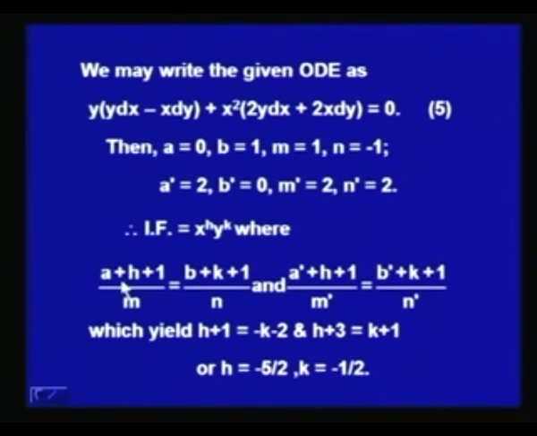h and k satisfy the two equations (a plus h plus 1) over m equal to (b plus k plus 1) over n, which gives us h plus 1 equal to minus k minus 2, and (a dash plus h plus 1) over m dash equal to (b dash plus k plus 1) over n dash gives us the other equation involving h and k as h plus 3 equal to k plus 1. When we solve these two equations, we have the values of h and k as minus 5 by 2 and